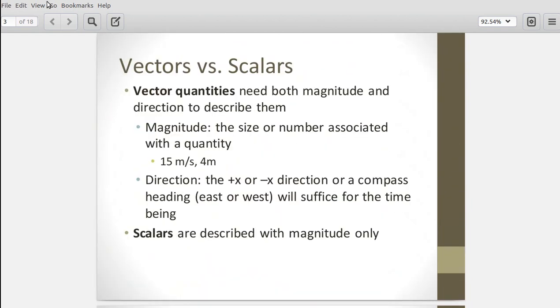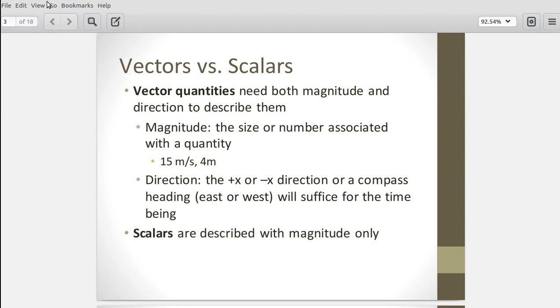So first we have to talk about two types of quantities we deal with in physics. Those are vectors and scalars. So a scalar is a quantity that we can sufficiently describe using just its magnitude, right? It's just a number, it's a quantity, so that's what a scalar is. A vector, we have to use both its magnitude and its direction to describe it. So the magnitude, again, is the number or the value associated with some quantity, but a vector has a direction,